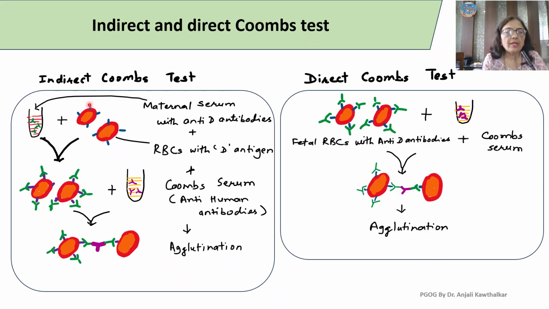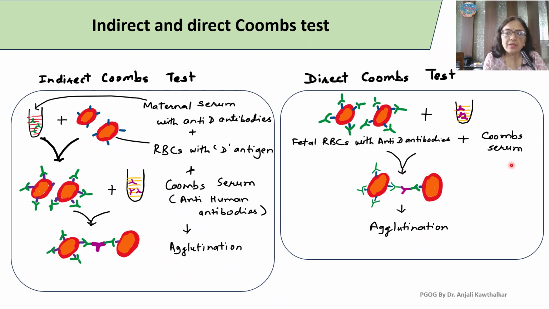Same thing pictorially we can see here. Maternal serum with anti-D antibodies is present. We are adding RBCs with D antigen so that these antibodies are attached to these RBCs. Then we are adding Coombs serum containing anti-human antibodies, and that will lead to the agglutination of RBCs in indirect Coombs test. Directly, there are already fetal RBCs with anti-D antibodies. Coombs serum is added. Agglutination indicates that Rh